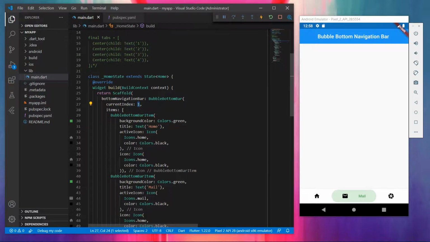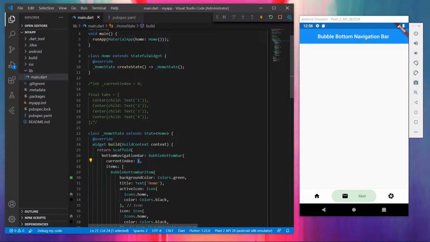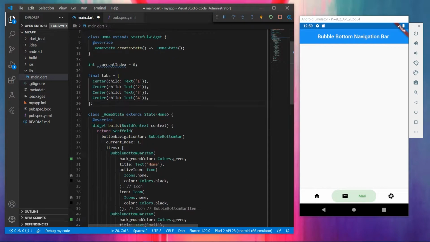This should change. So I've created an integer called currentIndex and set this to 0, and I have also created tabs, a list of widgets. I'll tell you why I created this later in this section.